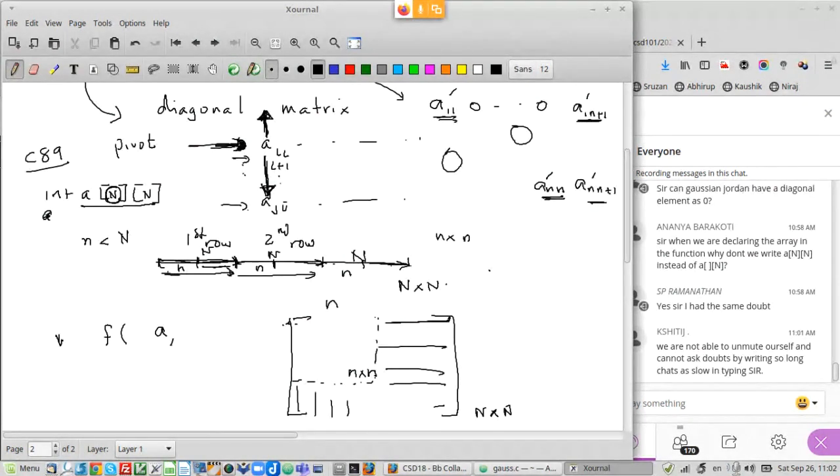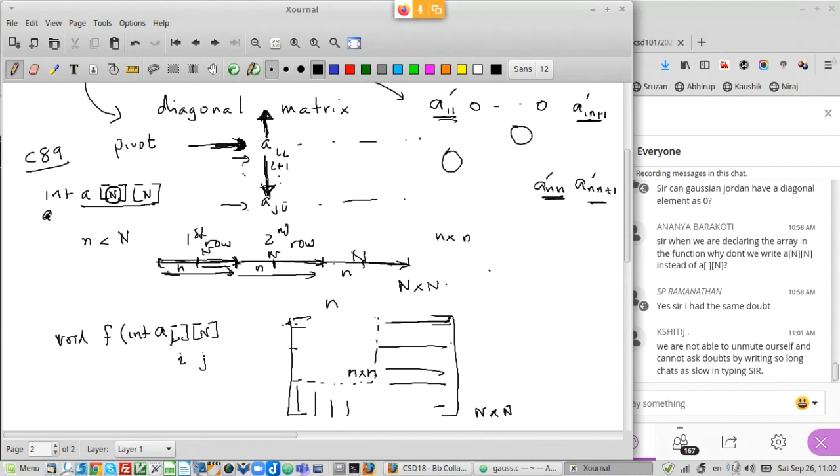When you define a function, let's say we say void f, and we want to declare this, then here I don't have to declare anything, because the number of rows is something that can be variable, but the number of columns has to be fixed, because this is going to be passed row by row, right? It is stored row by row. So I must know how many columns to have, then how many columns to have, because if you don't do that, then the access will become wrong, right?